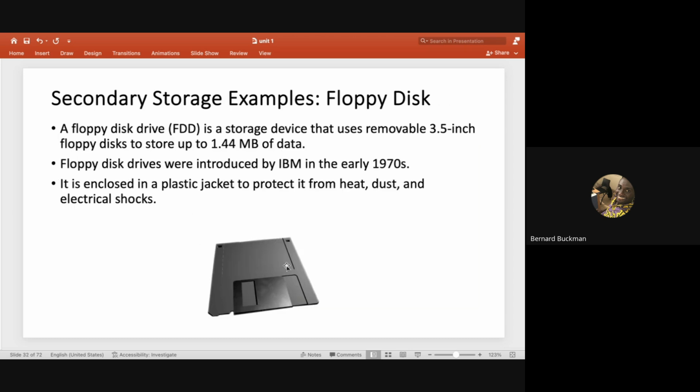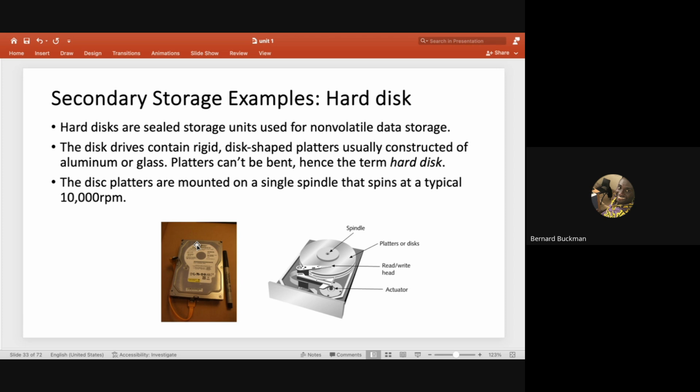So you've seen this before, right? Most of you maybe have not, but a few older folks have seen something like this. It's called a floppy disk drive. It's a very small secondary storage and disk drive. Another example is the HDD or the hard disk drive. You've seen this before, right? In your machines, when you open it, you can see something looking like this.